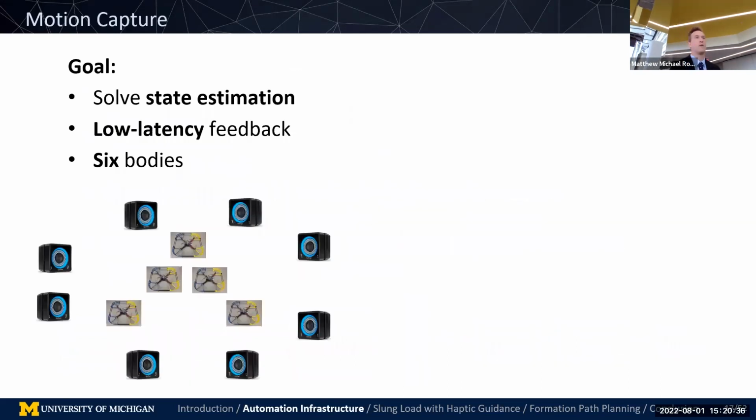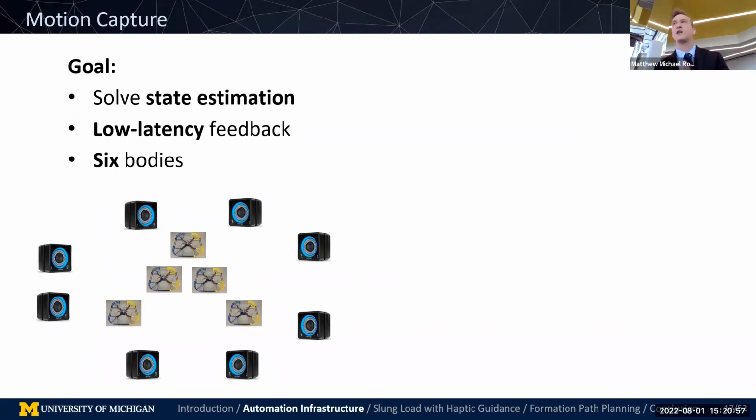And then about motion capture. For our work, we wanted to focus on control, guidance, and high-level problems. And motion capture allows us to solve the state estimation problem. It allows us to have millimeter-level accuracy of vehicles, and the goal is to have those be instantly available to the vehicles. But that's not necessarily true.